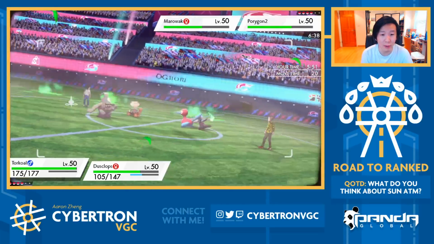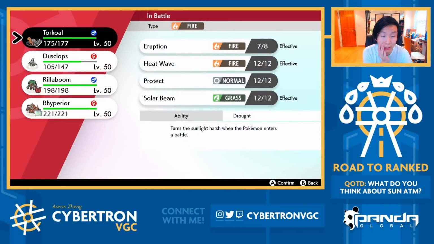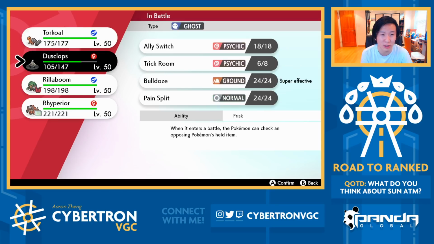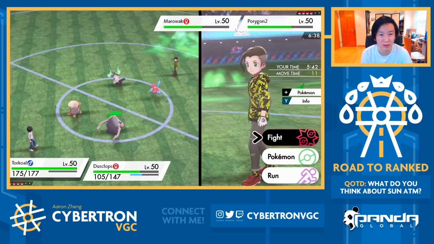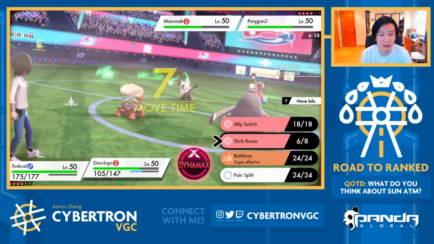I definitely want to Eruption again here. I just think Dusclops doesn't really have that much value for us right now, so I'm considering even switching it out or even just going for an Ally Switch, although I don't think Ally Switch is the correct play. Yeah, I think I'm actually content just going for Eruption here and a...